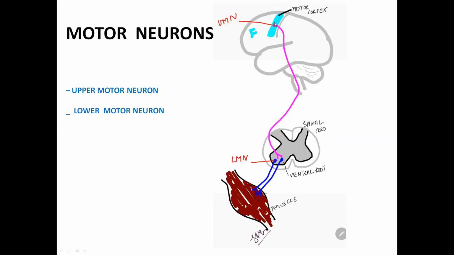From the cell body of these motor neurons, you can see the axons coming down via the brainstem, via the spinal cord, and they synapse with the motor neurons in the anterior gray horn. And the axons that begin here innervate the skeletal muscle. So the cell bodies of the neurons that you see in the motor cortex of the cerebrum are called the upper motor neurons. Whereas the motor neurons that you see in the anterior gray horn of the spinal cord are called the lower motor neurons.